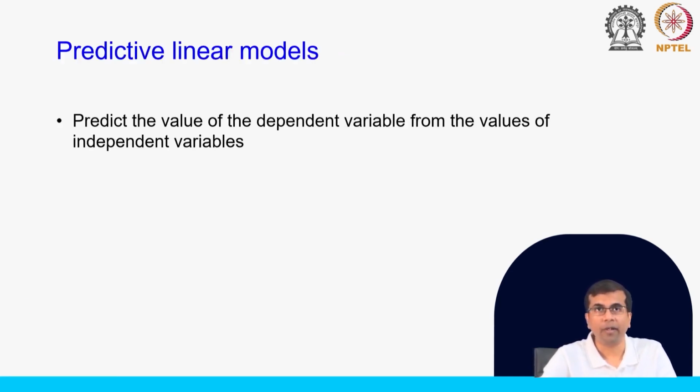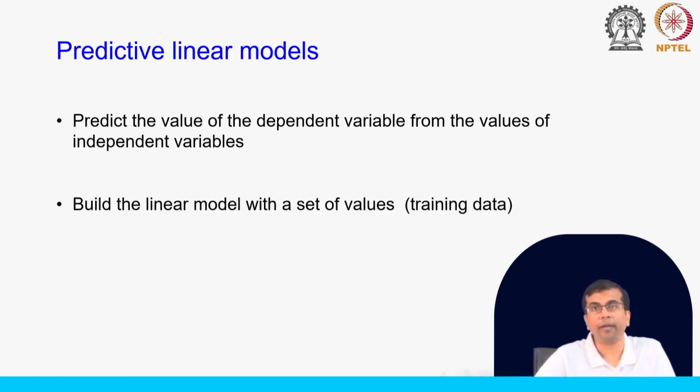So, what do we mean by predictive linear models? When you build these linear models, we want to predict the value of the dependent variable from the values of the independent variables. What it means is, we take a data set where we have these xy values and we build this model, where we estimate these coefficients w's and the bias term b, and this is what we call the training data. So, we build the linear model with a set of values which we call training data,